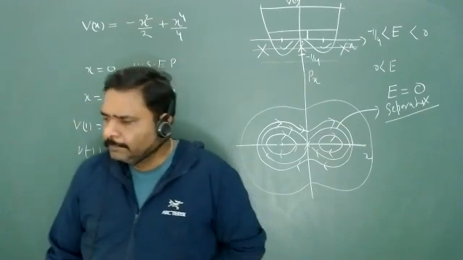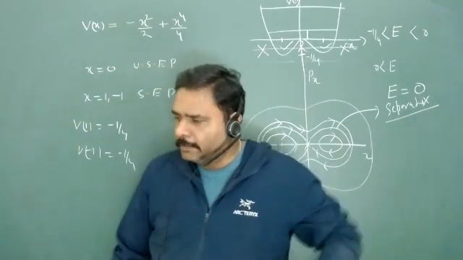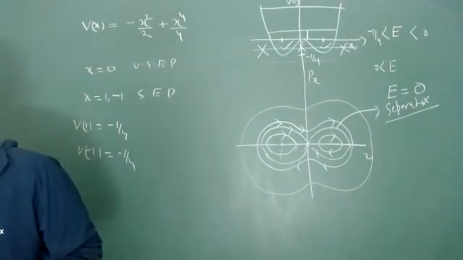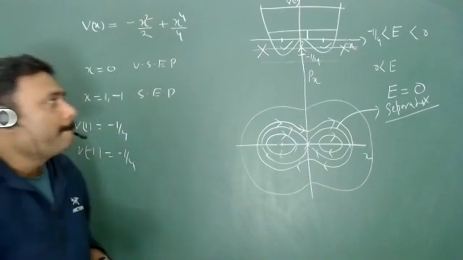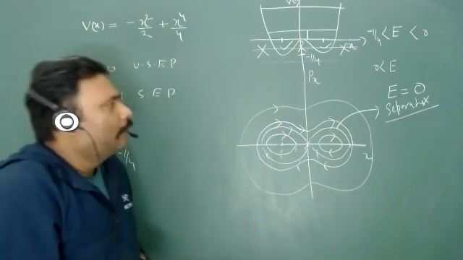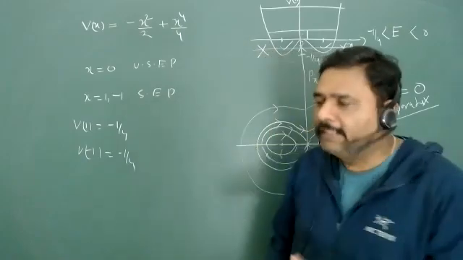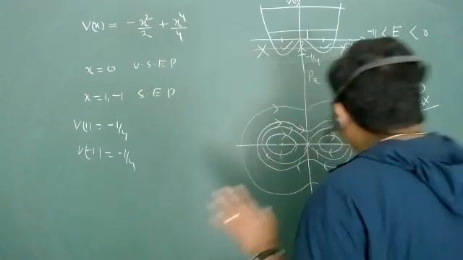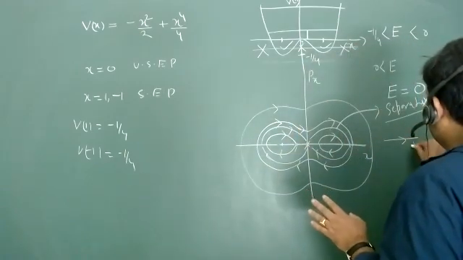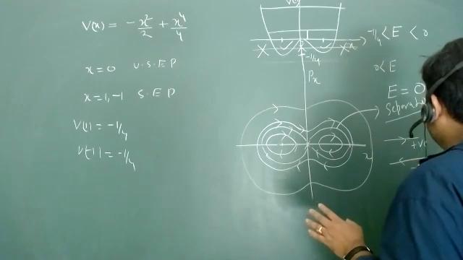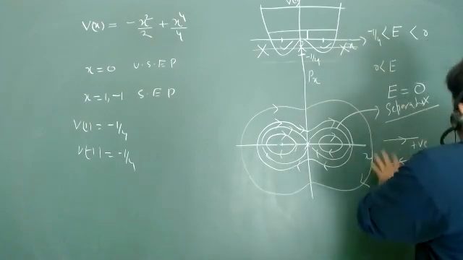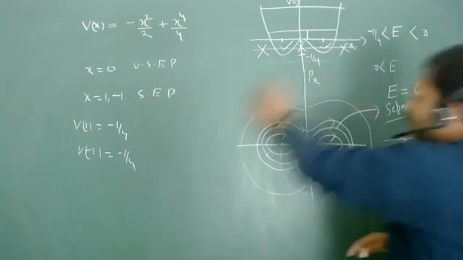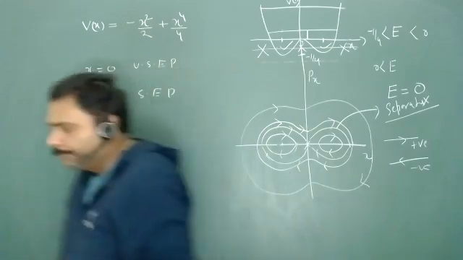Why are all the arrows in the clockwise direction? Because we have taken this sign convention. If you take the other thing as positive, then it can be anti-clockwise also. What I am saying is that this is my positive momentum and this is my negative momentum, so I have to follow this for every value of energy. If you have another phase convention, then it can be anti-clockwise.